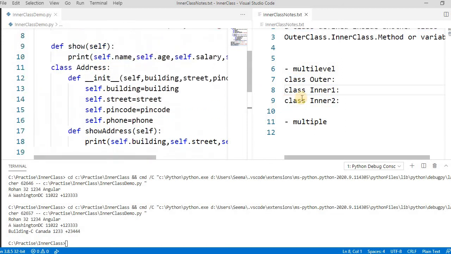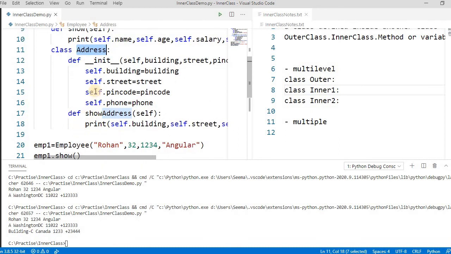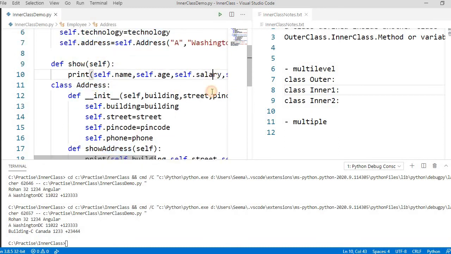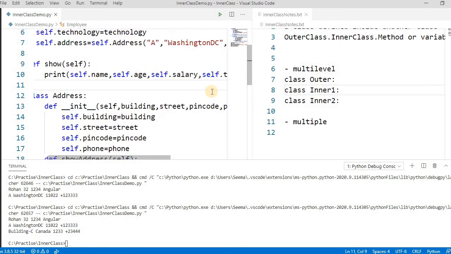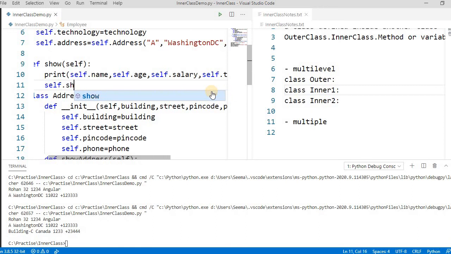Okay, so how can we access it? We have learned today how to declare this inner class, how to create the object of it, and how to access it. So here also, you can call directly like self dot show address, right? We can call it, and it's easier to differentiate.